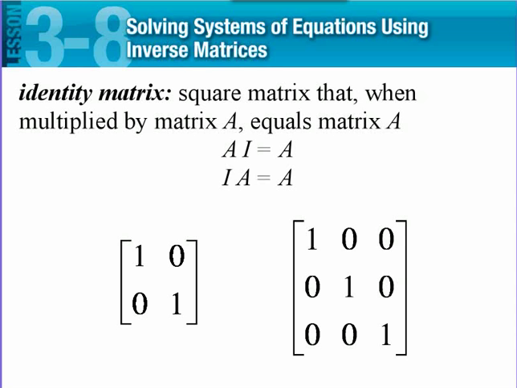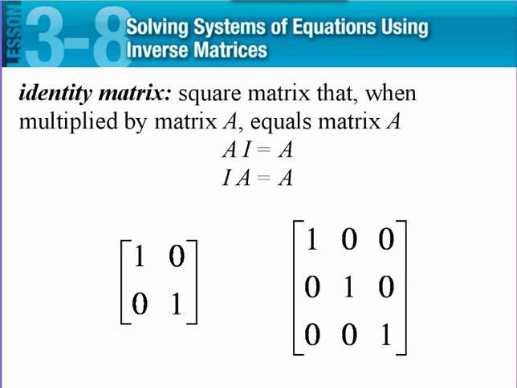Okay, so today we're going to talk about how you can solve systems of equations using inverse matrices. So yesterday we talked about the determinant and Cramer's rule, and we used GeoGebra to find the determinant that way. We're going to learn another way to solve a system of equations. And so in order to solve systems of equations, we need to learn about something known as the identity matrix